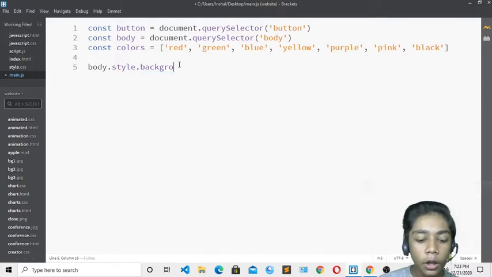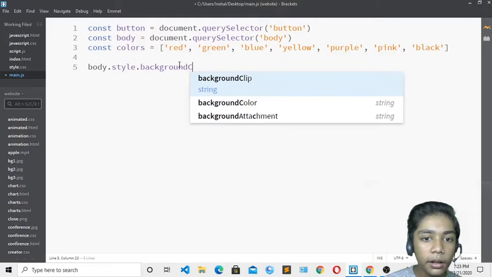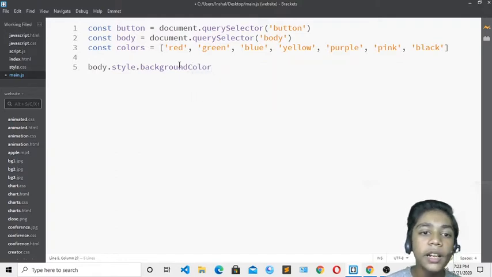Here you can see. So I will write background, and for color, C is big, so I will write color with a capital C over here. You have to write the tag as it is shown in the options. When you have done all that, come over here and write violet. The spelling was incorrect, so I am fixing that over here.